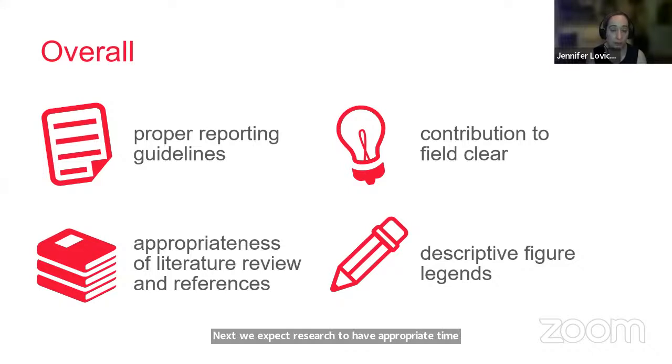Next, we expect research to have appropriate ties to the literature. The literature review is what builds out the theoretical framework of the study. Summarize the theories you're applying to your research and connect these theories to lay the groundwork for your study. Typically, in the literature review, you are not introducing any new information about your own study, but are weaving together information from prior research and studies that inherently shows that your research, study design, and methodology is grounded in theory.